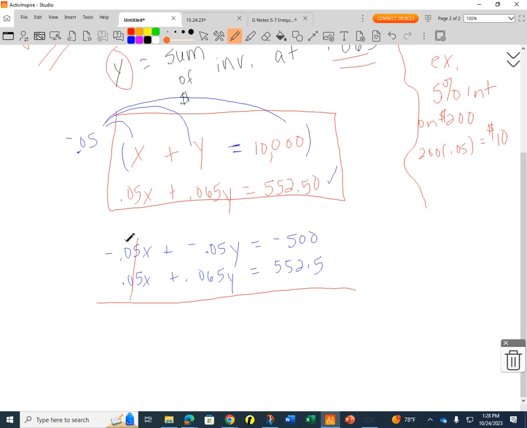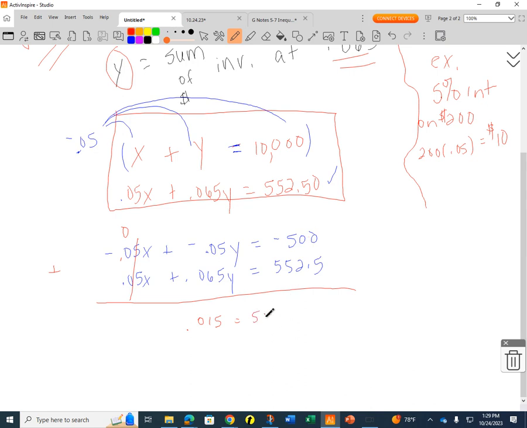So that's what we're doing. Now, negative 0.05 and 0.065, I think is 0.015, but like I said, when I'm doing math in front of people, I'm always going to double check myself with a calculator. Yep. So that's going to be equal to a positive 0.015. So I added those together. Now when I add these together, I'm going to get